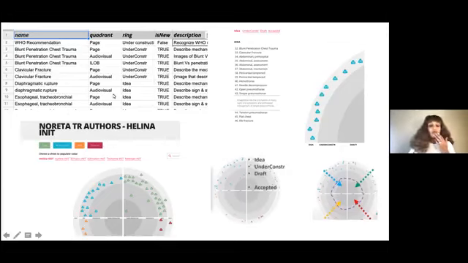So after we prepare this spreadsheet, we build this TextRadar. As you see, there are 4 quadrants because we use 4 text types in this case. And as you see, there are colorful blips. Those colorful blips indicate the text types, and the color tells which text type is included here. For example, the green one indicates the page, the blue one indicates the audiovisual, the orange one indicates the interactive learning object, and the red one indicates the paratext.